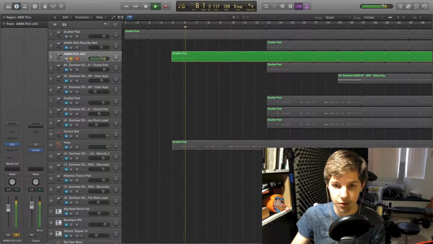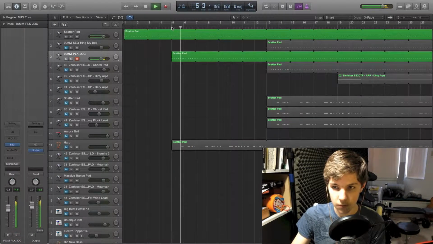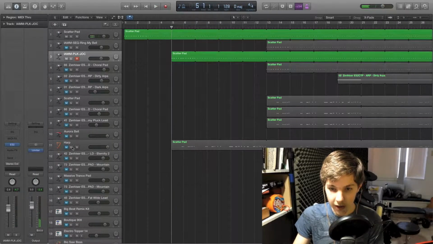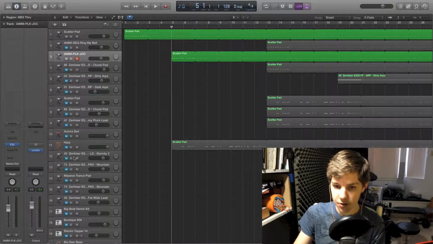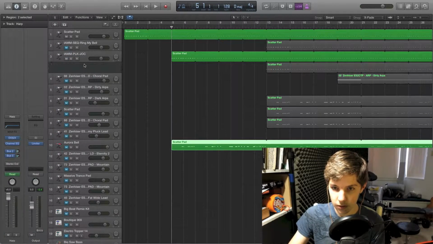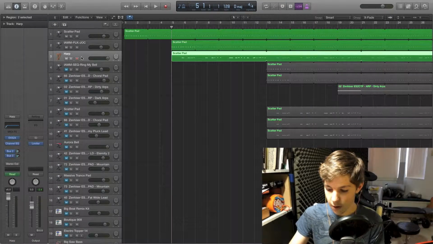Playing the same chord progression, you get that on top of this. Get a nice little pluck there. And then once I had that going, I started thinking about a melody, so I pulled in this harp right here. Actually, pop this up to the top here. So the harp just